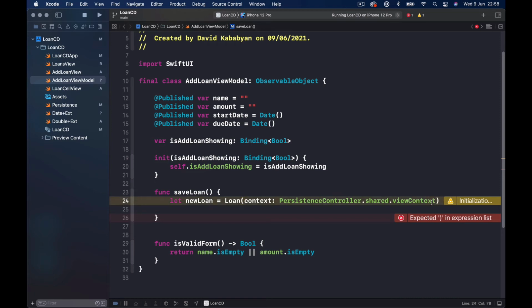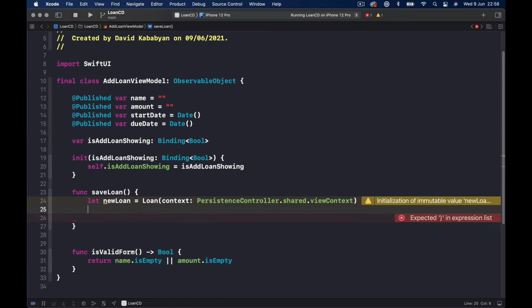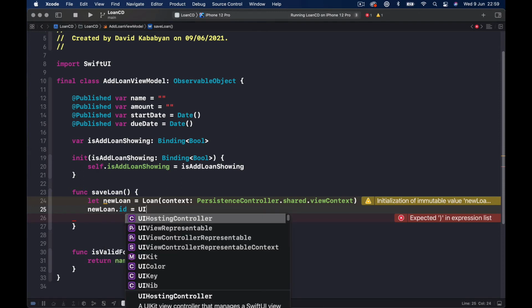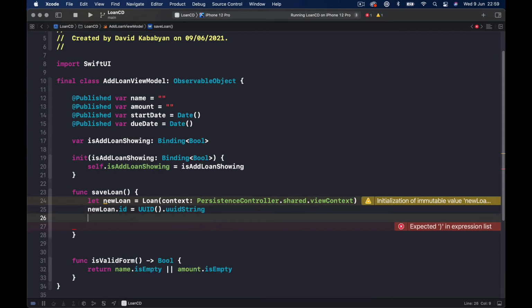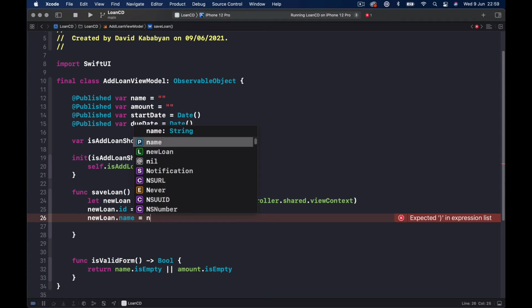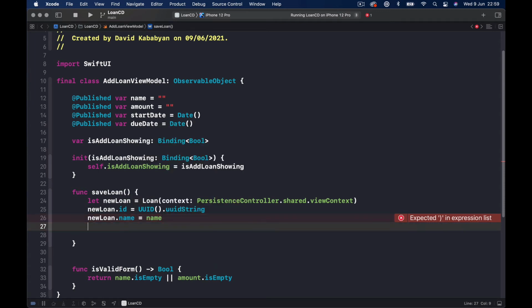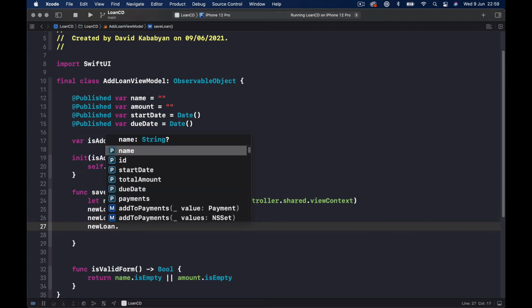We have initialized our new loan, so let's add our parameters. So we say newLoan.id is equal to, and let's create a UUID on the fly here and get the string value and assign it to our new loan. Then we want to add the name, so we say newLoan.name is equal to whatever the name variable is holding. Then we say newLoan.totalAmount